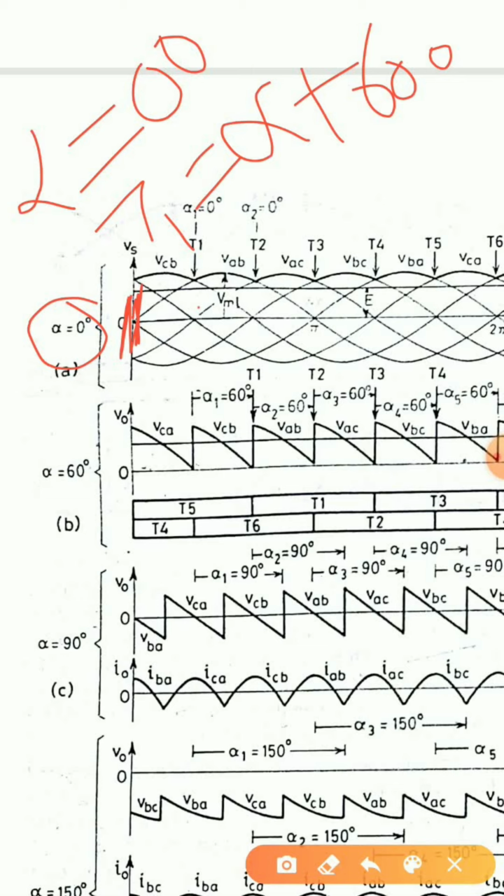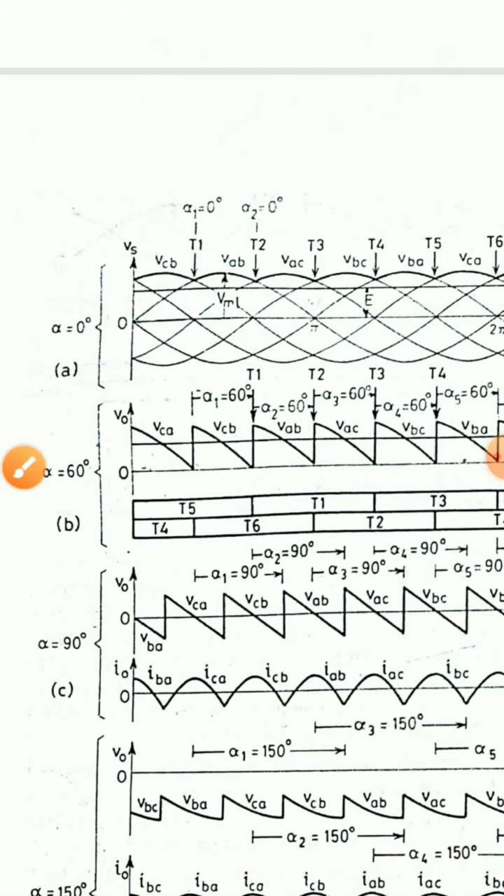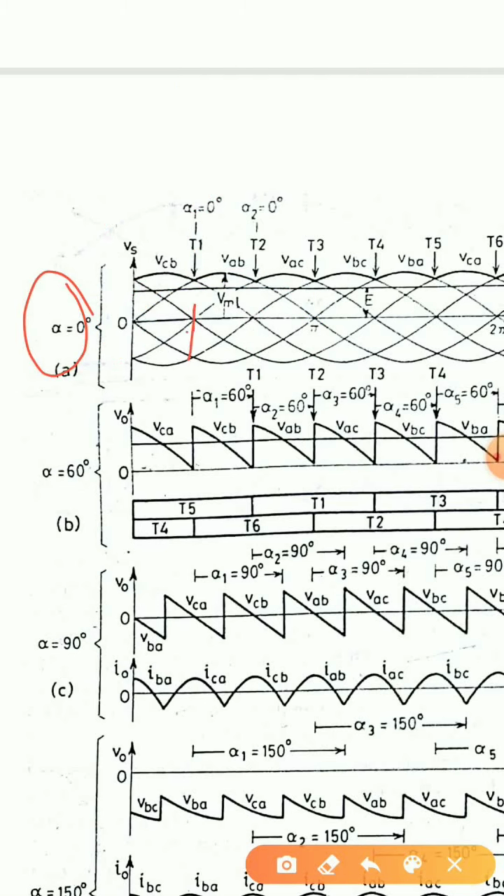Now as we know, this is the first half waveform. As we have said, this is 60 degree, 120 degree and 180 degree. So when the firing angle is 0 degree, my thyristor T1 will turn on at 60 degree. This is quite evident. Then after T1 is turned on, I have to add 60 degree to get the turn on time of T2. After T2 is turned on, again I add 60 degree. I'll get T3's turn on, T4's, T5's and T6's turn on in this manner.